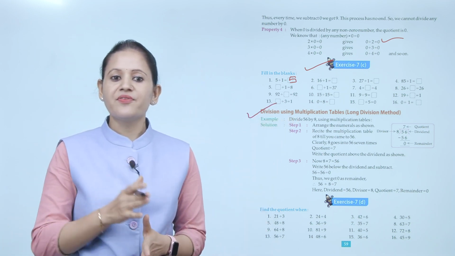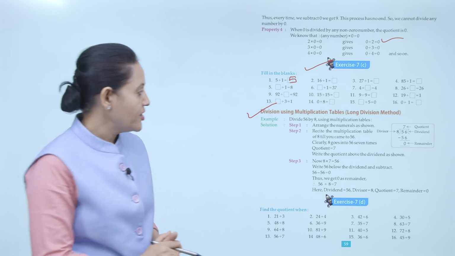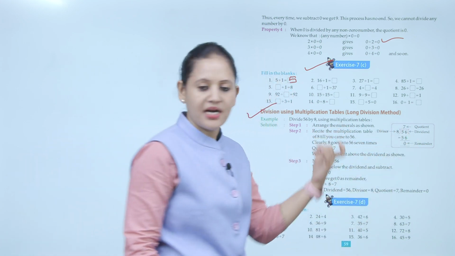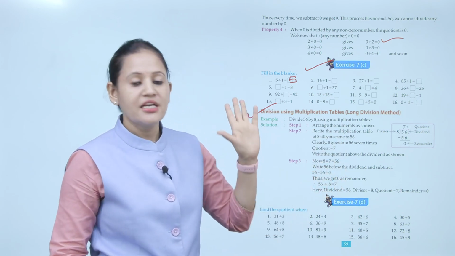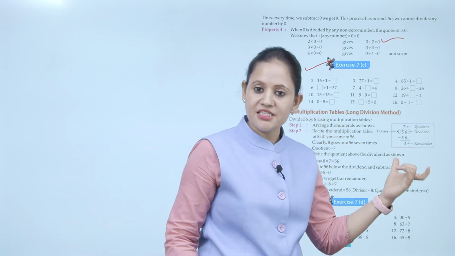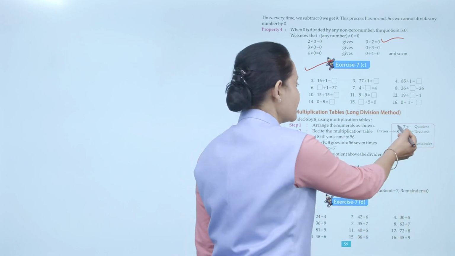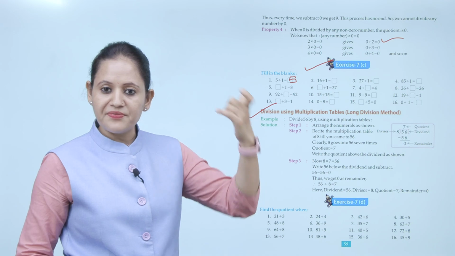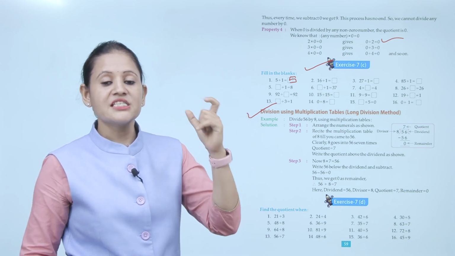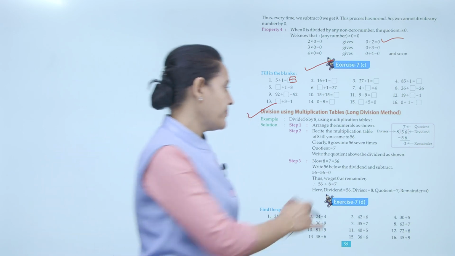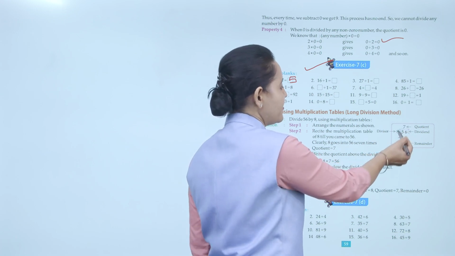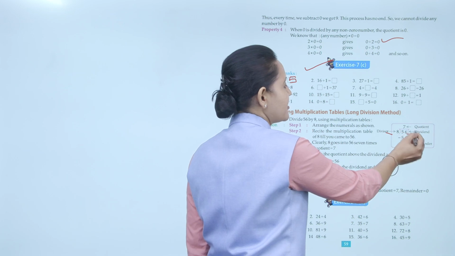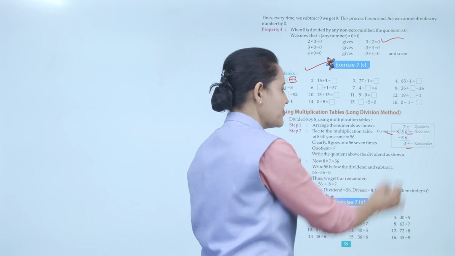Next is division using the multiplication table, the long division method. We'll take an example: divide 56 by 8 using the multiplication table. So we have to divide 56 by 8. Inside the bracket we write the dividend, outside the divisor. Now we'll recite the table of 8 till we reach 56, or the number which is just less than 56. So 8 7s are 56, so we write 7 here, subtract, and we'll get 0. So here 8 is the divisor, 56 is the dividend, 7 is the quotient and 0 is the remainder.